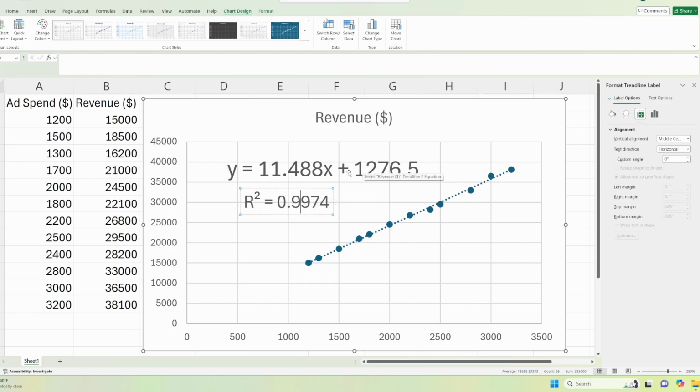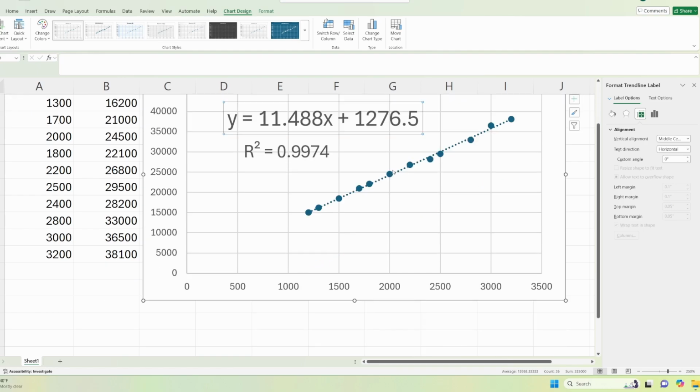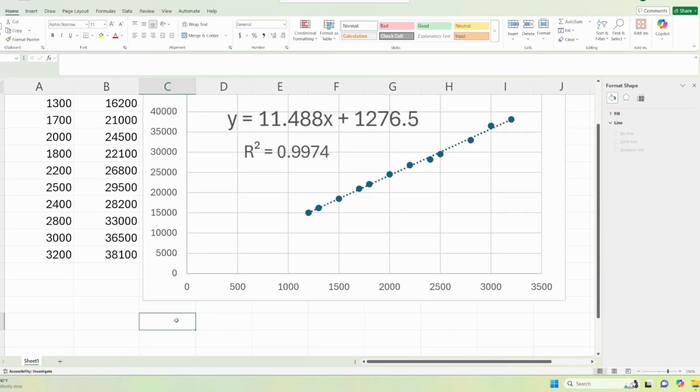So let's go ahead and try to use this formula here. This y is equal to 11.488x plus 1276.5. So go down here. Let's do a hypothetical situation. Say, for example, we want to see if we spend $5,000 next month, how much would we see in our revenue? So go ahead and type equals, and then